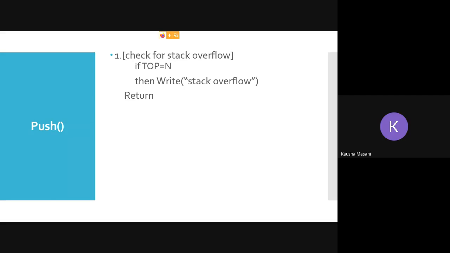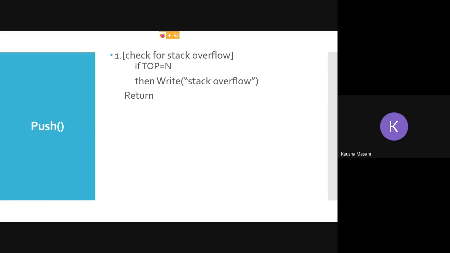First of all, you have to check that the stack is not overflowing. How are we going to check? If top is equals to n, n is your stack size, that means it is completely filled. So n is your stack size -1. You can check either way.